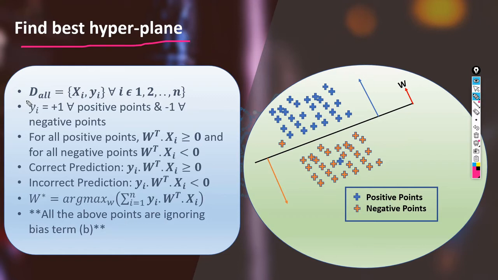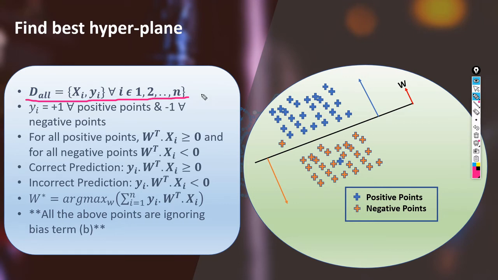So just repeat the same thing. We have the data D. So it is a supervised problem. We'll give input, that is the feature vectors, and output, that is the true label. So i could be 1 to n, where n is the total number of data points. So this is our data consisting of xi's and yi's.